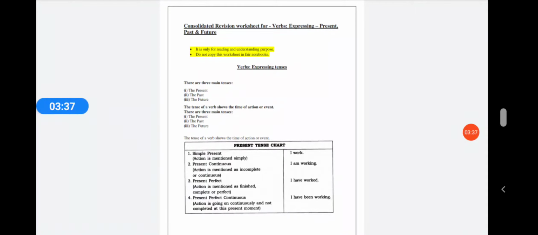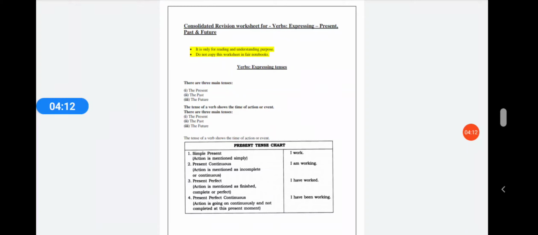And in the next class we will be starting our new chapter, active and passive voice, which is also a very important chapter. But first, completely go through this worksheet, understand it. If you have any problem, you can ask me, but I hope that this worksheet solves your problems, because in the online class also we discussed that there were some problems with present continuous, past continuous, future continuous, or present perfect continuous tenses. So you were having such problems. That is why I have given you this worksheet. Just go through it. It will solve a lot of problems.